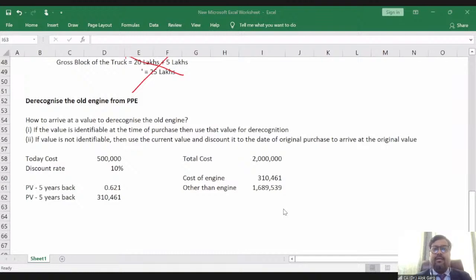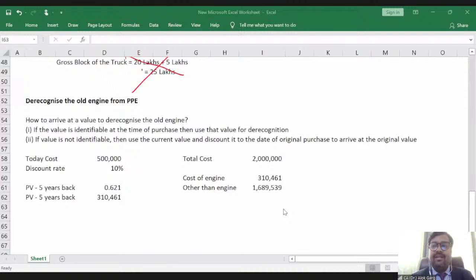So guys, in case of subsequent cost, you have to apply the same principle. What is the principle? Future economic benefit is probable, and of course, cost can be measured reliably. If this is the case and there is major inspection, major overhaul, or major replacement, you have to capitalize it and add it to the cost of PPE. Sir, if I add this item to the cost of PPE, of course I need to de-recognize, I need to remove the existing item of PPE. Am I right? Otherwise it is a duplicate, right?